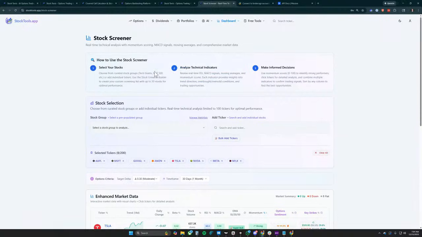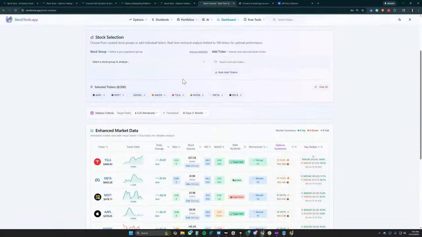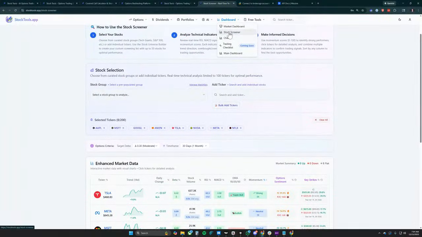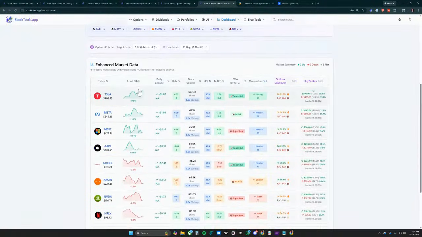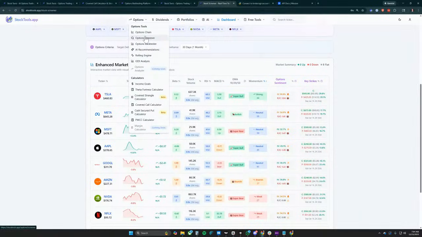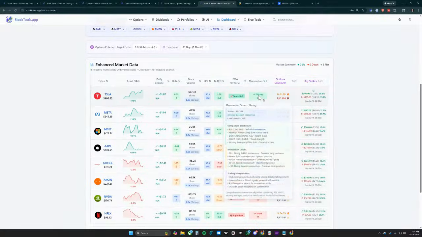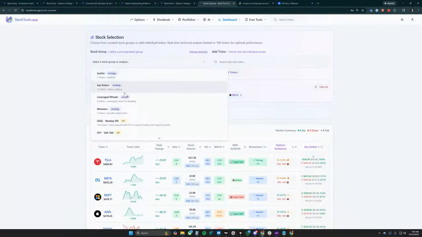Because I would say that the stock screener is the coolest thing, I think. So it's under the dashboard, under stock screener. And the idea here is I'm trying to find momentum, right? I had this option screener and I was trying to figure out how to not just rank them by all this stuff. I want to look at the technical indicators: the RSI, the MACD, the EMAs, the momentum, and then come up with the momentum score here. So I'll get this going.